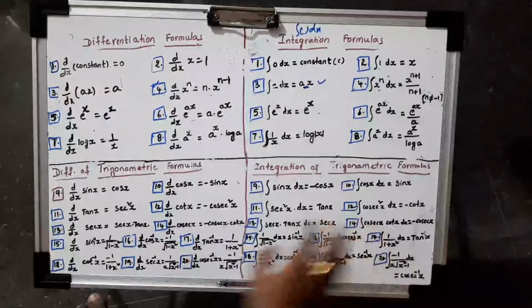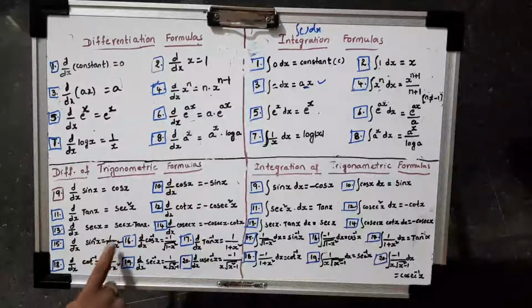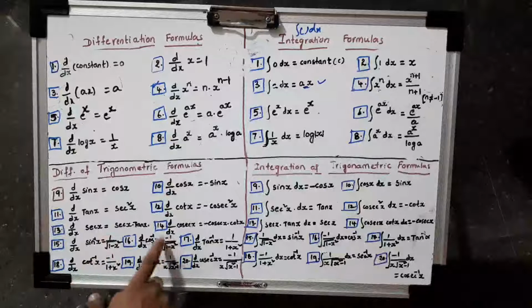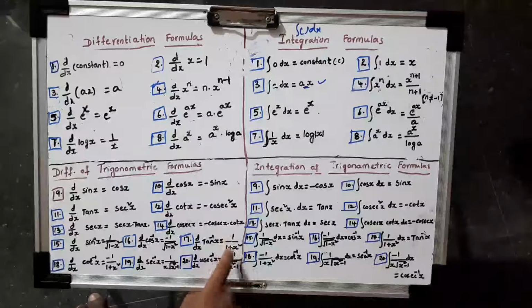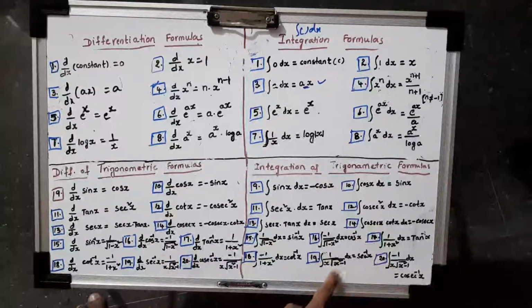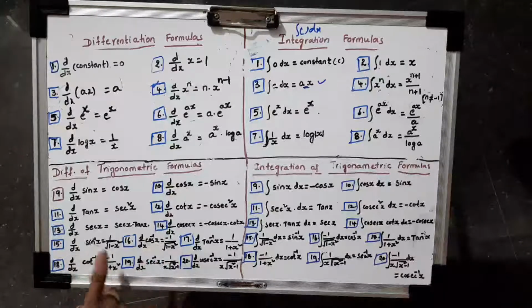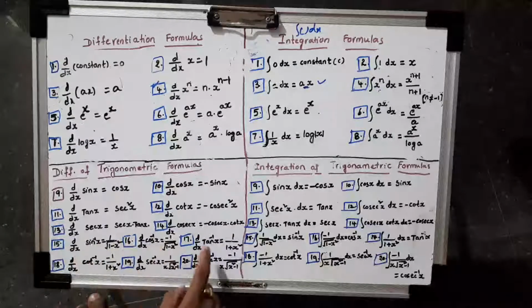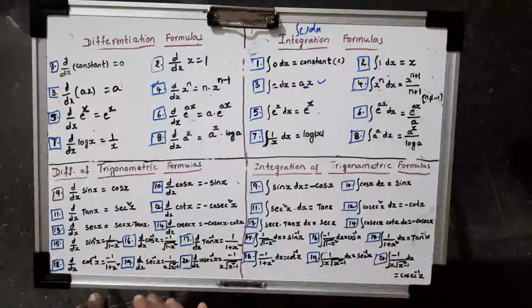In the integration also, you just apply the same relation. Integration of 1 by root 1 minus x square is sin inverse x; if you put a negative here, you get cos inverse x. For 1 by 1 plus x square, the integration is tan inverse x; if you put a negative, you get cot inverse x. For 1 by x root x square minus 1, the integration is secant inverse x; if you put a negative, you get cosecant inverse x as the answer. Observe, in these formulas also, as I explained, in the inverse trigonometric functions it is only a negative sign. If you remember one formula, the second you can easily get from the sin cos, tan cot, secant cosecant relation in inverse trigonometric functions.